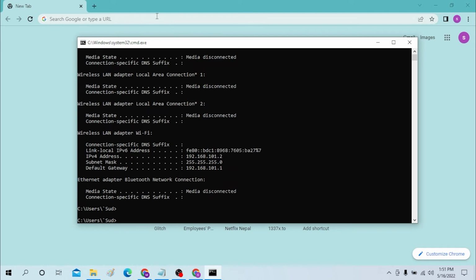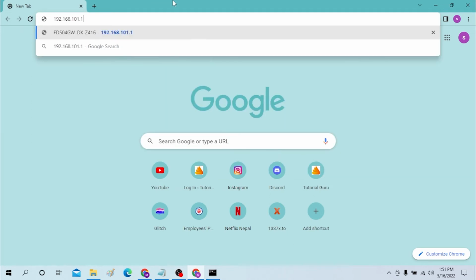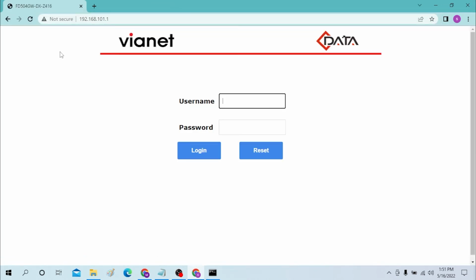and open up your preferred browser. For me, it will be Google Chrome, and paste the default address you just copied like this and hit enter. As you can see, my internet is provided by the carrier Vianet, so its user ID and password prompt